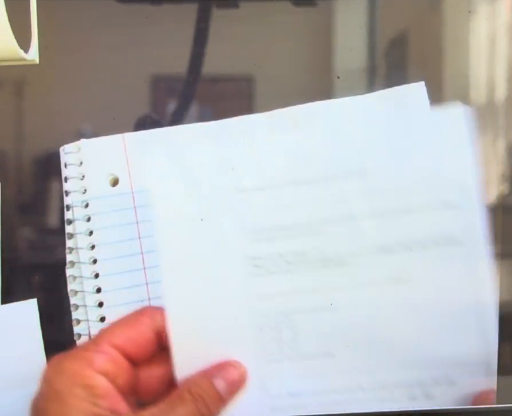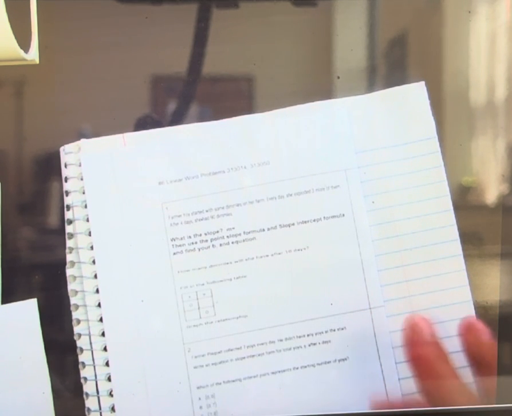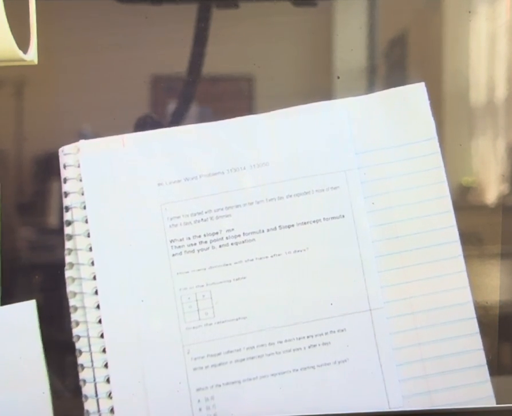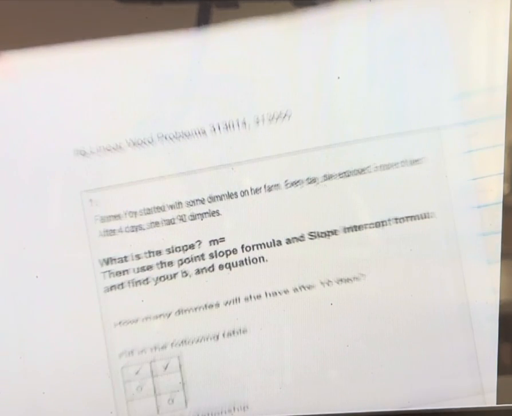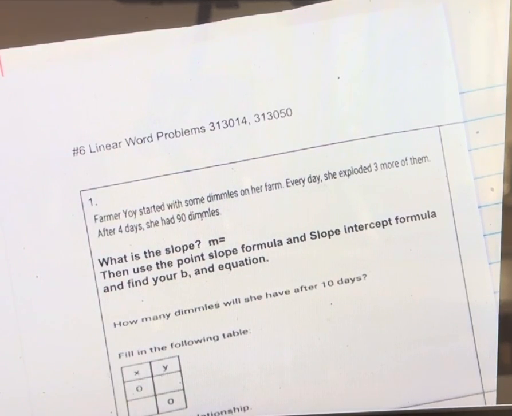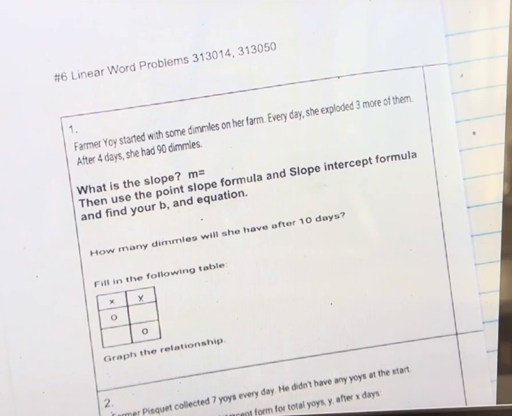Okay, so there are two types of word problems that we're going to be given today. We've got where we're given a point and a slope, and then when we're given a slope and a y-intercept. So, number one,